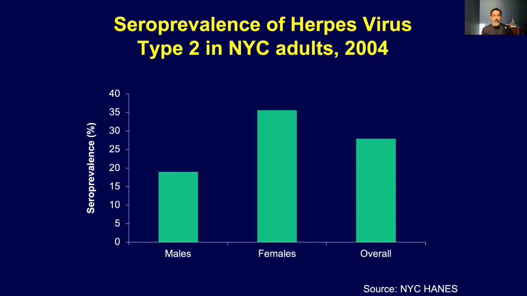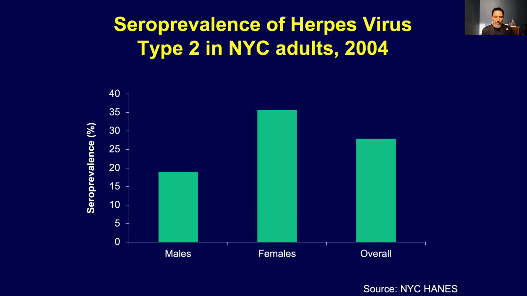And here's an example of the exam survey. There was a health and nutrition examination survey done in New York City several years back that also examined individuals and took blood specimens, and they were able to estimate the prevalence of herpes virus type 2. It's not something that is reportable in New York City, so they wouldn't be able to get this